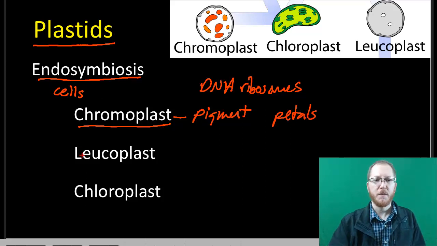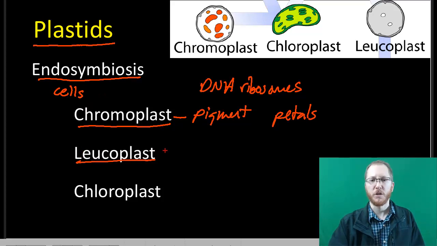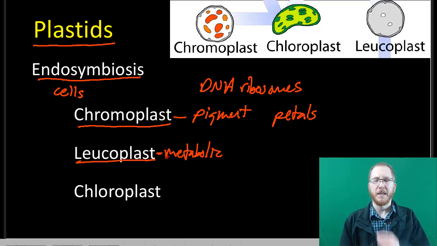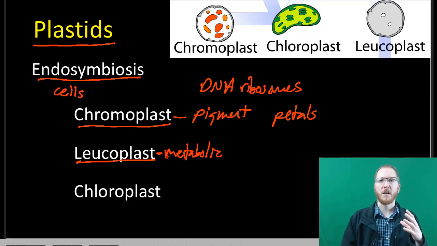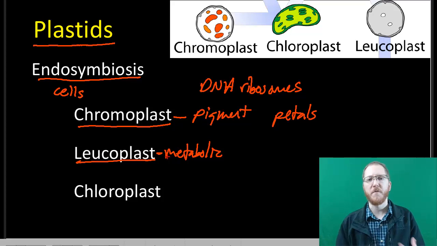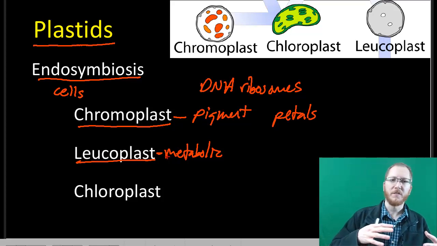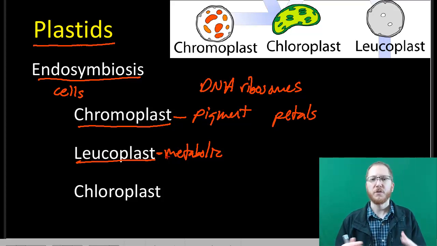The leucoplasts typically serve more of a metabolic function, so reactions and such will occur there. So these guys are more specific in terms of what they do. In some cases, you could say they're kind of a cross between what you might get done with some vacuoles, what you might see done with some lysosomes, but they're going to serve largely metabolic or reaction functions within the cell. And then the chloroplast, this is the big one that we'll focus on, and this one's going to be